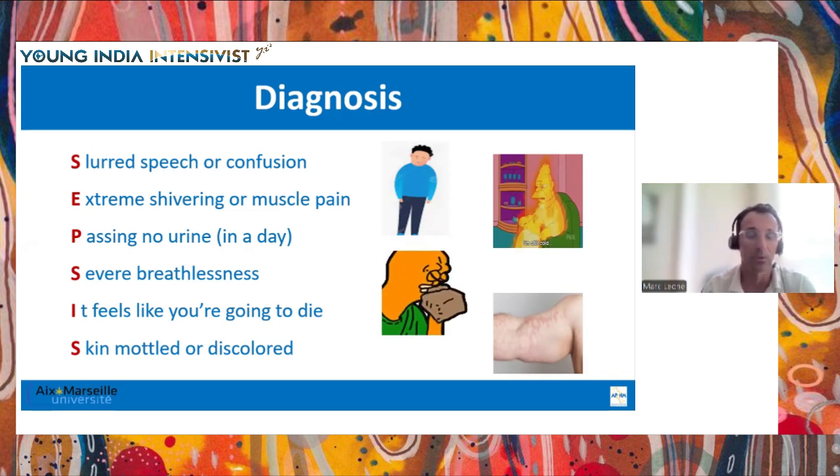Confusion is really something you should think about. Sepsis, if you have a patient with confusion all the time. Extreme shivering, muscle pain should evoke sepsis. Passing no urine in a day. If you ask the patient, you ask the nurse, you ask the husband or wife or son, did the patient pee today? If he doesn't pass urine in a day, that's a good sign of acute renal failure, in fact,